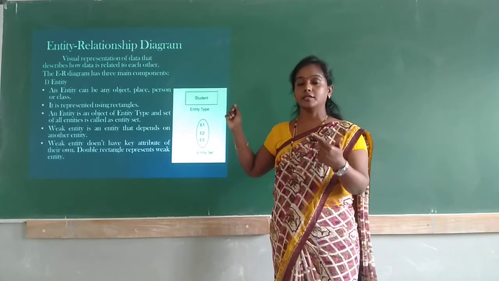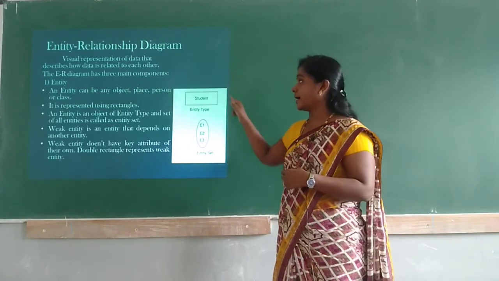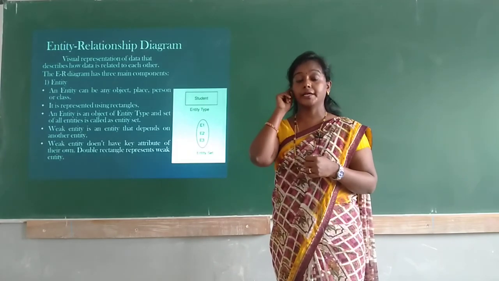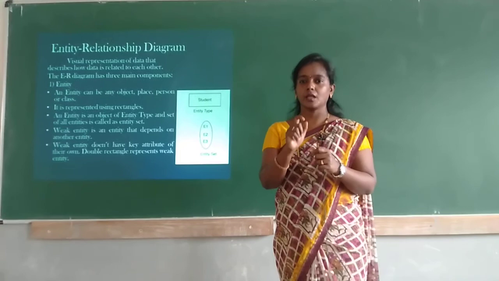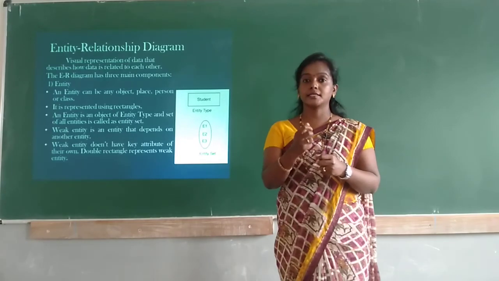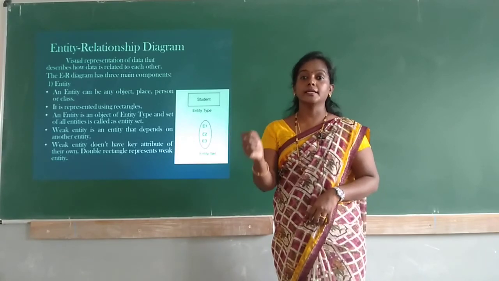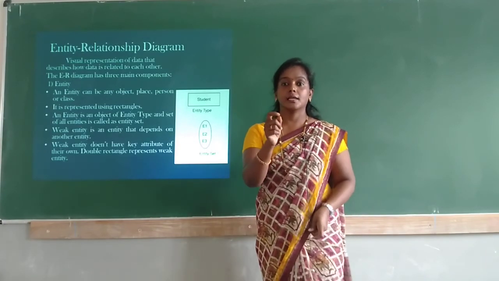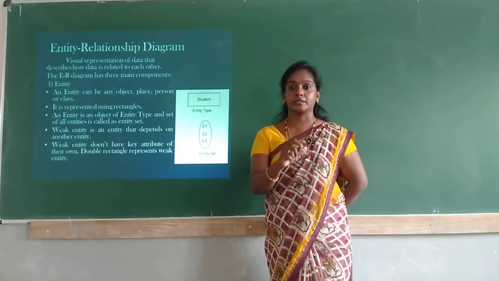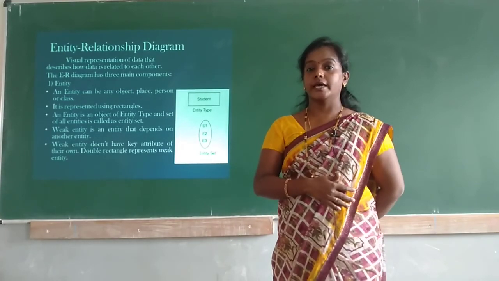And here we have two types of entity. One is entity, another one is a weak entity. Weak entity is represented by double rectangle. Why we call that a weak entity means it is not derived uniquely, or we cannot access that uniquely. It is not standalone, it is derived from another attribute. For example, age. Age is a weak entity because it is derived from the date of birth. By knowing the date of birth only, we can insert the value of the age.